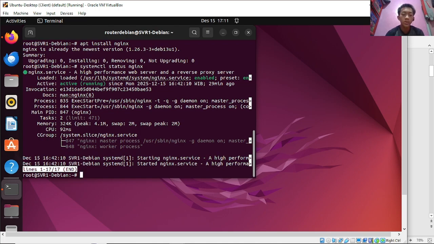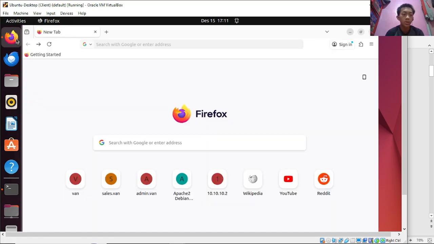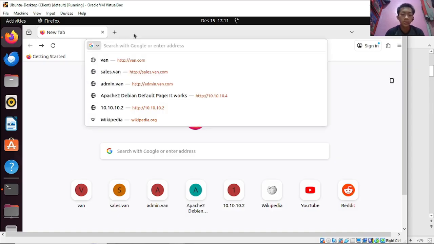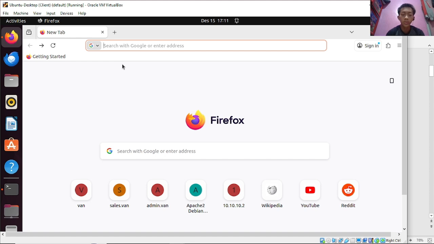Then we try to access it through Firefox or a browser. Here we enter the IP address of the Debian server, which is 10.2.